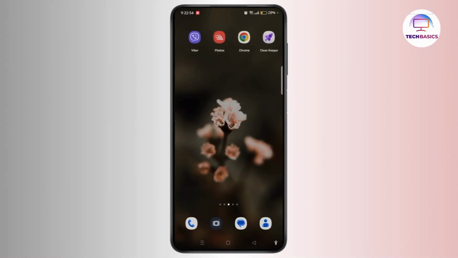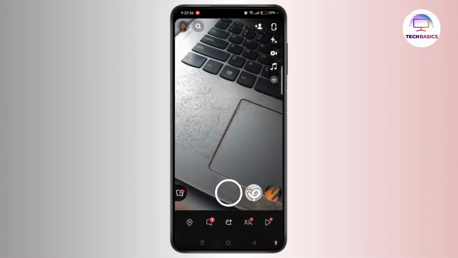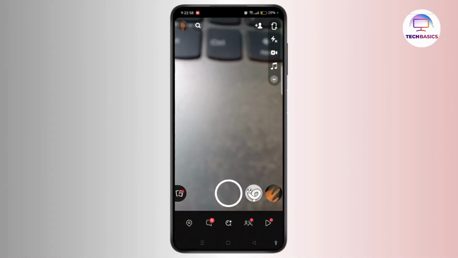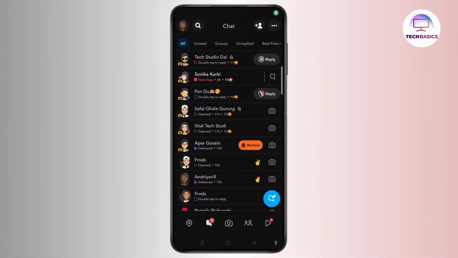Launch a Snapchat application on your device. Log into your Snapchat account and then tap the chat icon at the bottom left corner of the screen. Choose the friend for whom you want to change the name and press and hold on your friend's profile